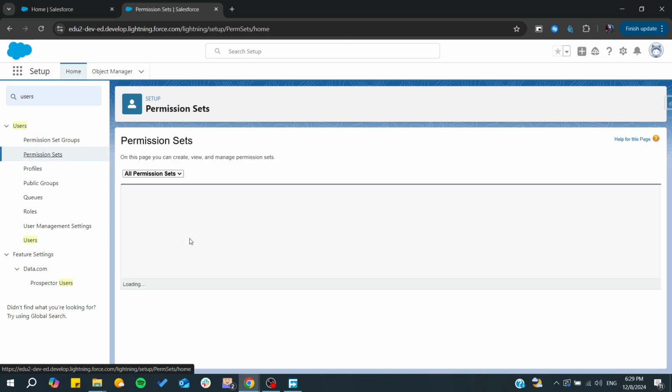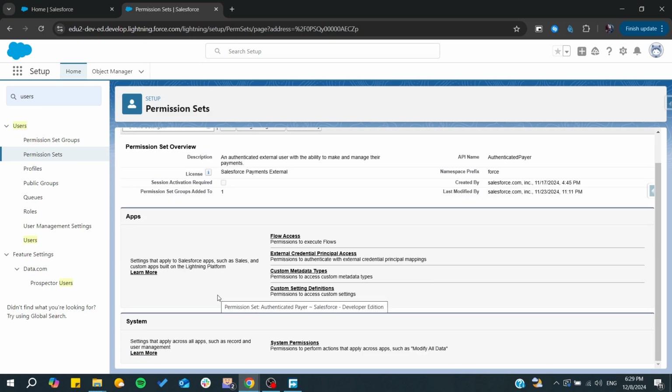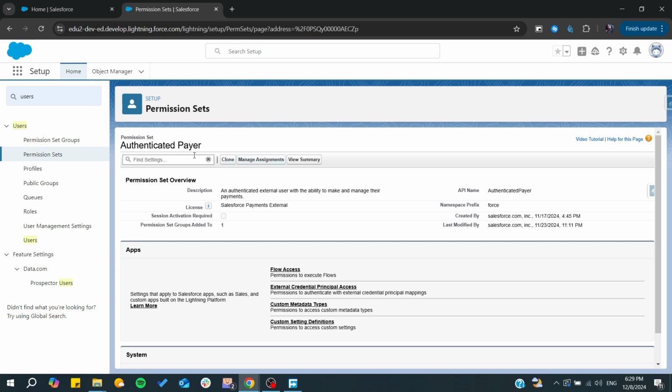So from here we need to choose any set, and then you can add some custom permissions if you are able to